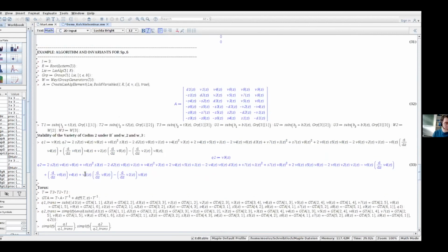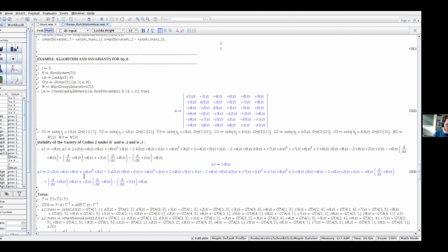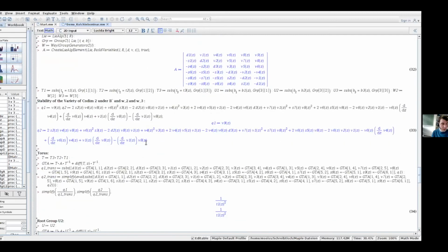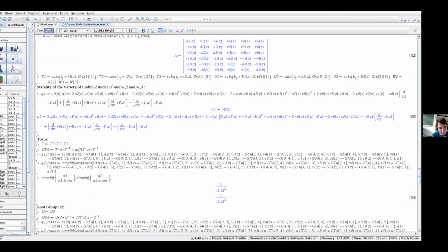All right. So in the talk, I mentioned that in case of the symplectic group, we have to do all this on a subvariety of codimension 2. The subvariety is defined by these two differential polynomials, Q1 and Q2. Q1 is simply V9 and Q2 is a little bigger one. And first of all, we have to see that the ideal is stable under gauge transformations of B minus and the two simple reflections W2 and W2U3.